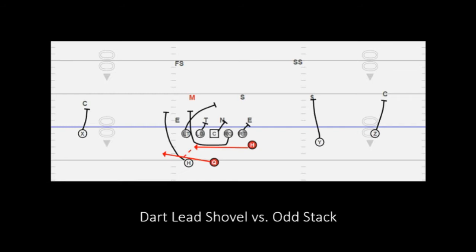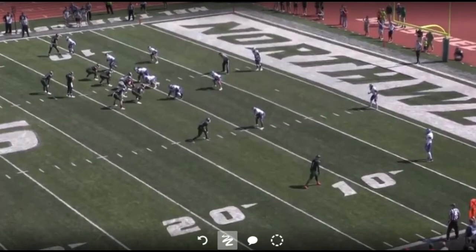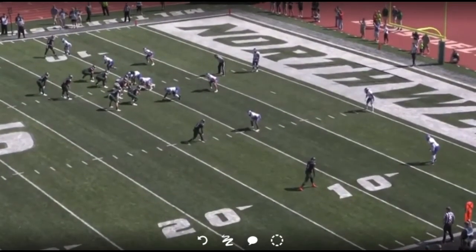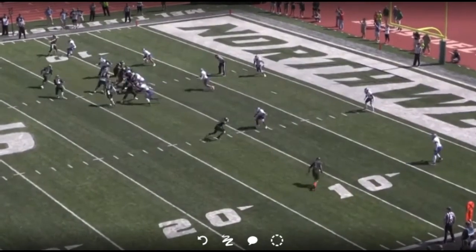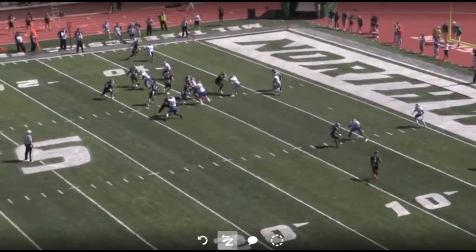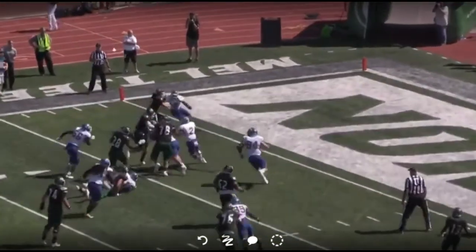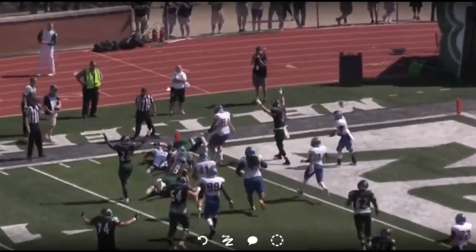the H-back. Here you can see we have a two-high look from our safety right there. We're going to have our shovel coming underneath here, and we're going to have our lead with the running back. Because he's man-to-man, we're just going to get that release to the outside. So as you watch this play unfold, you can see the quarterback attacks that edge, DN comes out wide and attacks the running back's hip, he's able to pitch it underneath, and great effort by